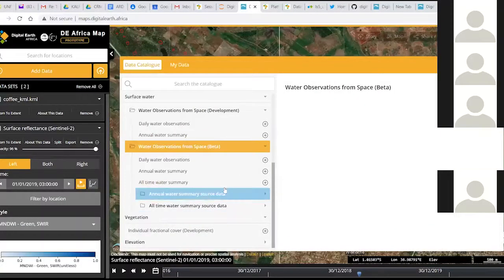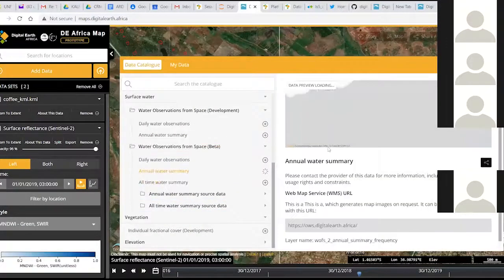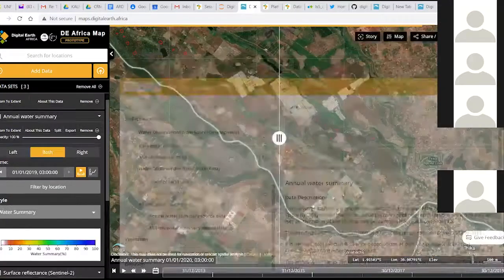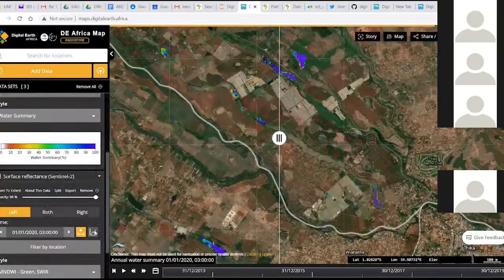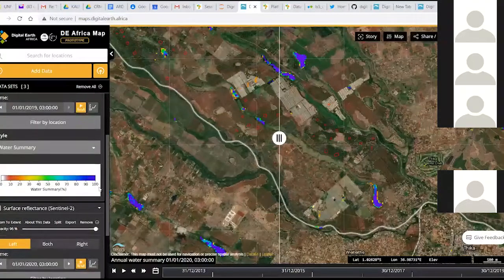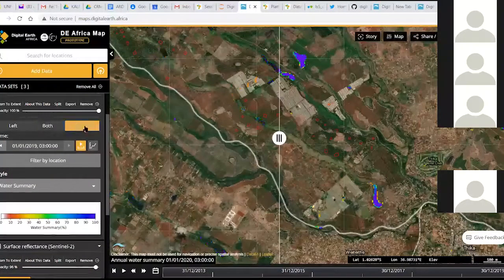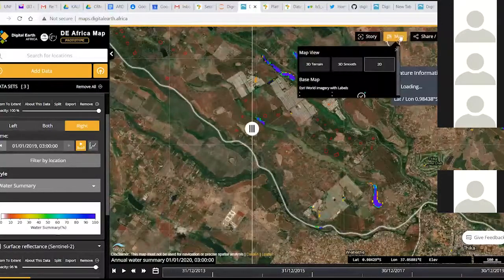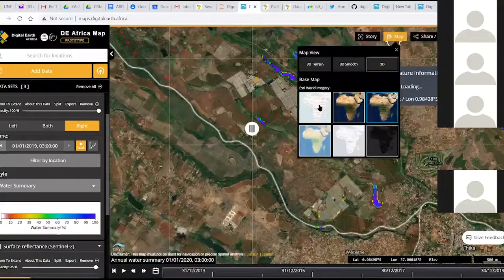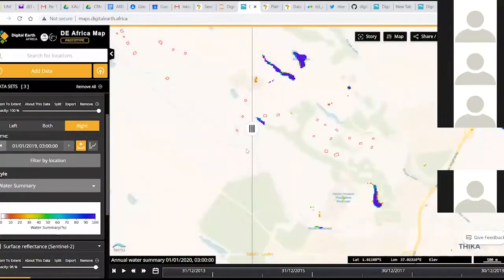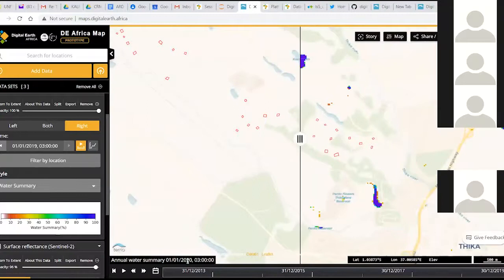This is the annual water summary, which is loaded. The best part about it is you can choose to have it on one side. So I have it on the right side. On the other side, I have my Sentinel data. Then on the map side, I can choose to put the 2D so that I can have a feel of the data on the other side.